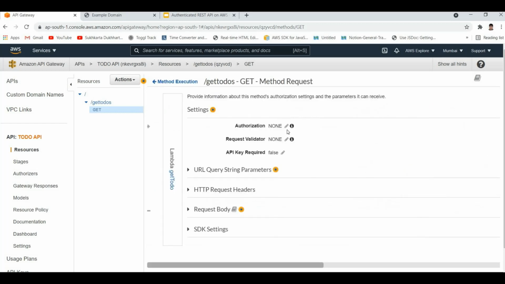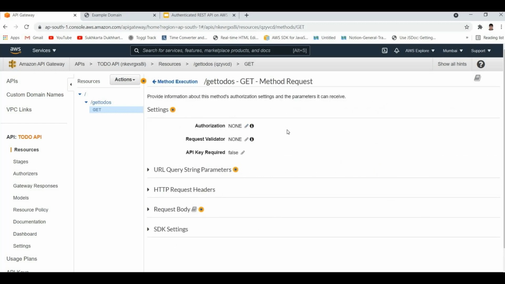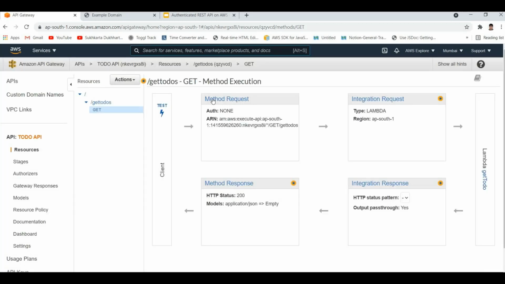So now let us make this API authenticated instead of publicly available. Right now no option is available here, so let us refresh this page again. Once we refresh, we should have the Cognito options. Okay, let us go again to